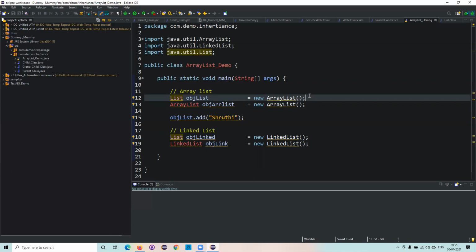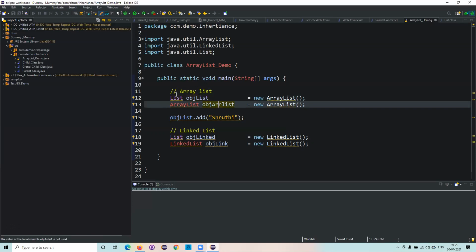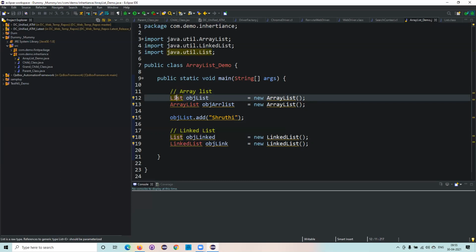No. ArrayList stores elements continuously. No. You guys are getting that ArrayList is implementing the List interface. Yes. See, now what will happen here: when I ask the difference between this line and this line, what I'm expecting from here is, in List I have all my interface methods, abstract methods. All abstract methods are implemented here. And here, even here also, I have the abstract methods implemented.